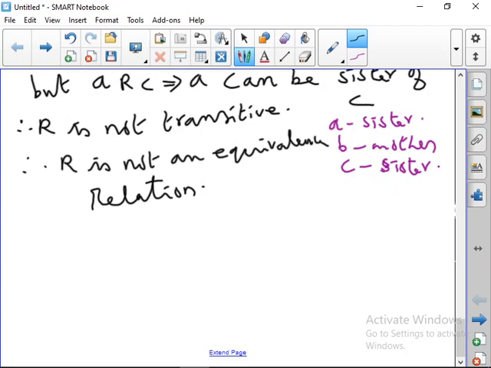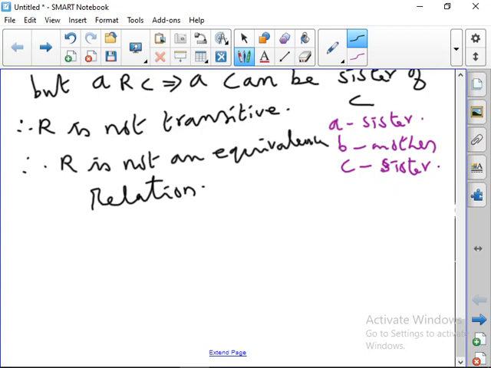Okay. Then coming to the fourth one, you can take it for homework. In the third one, they have given all the family members. In the fourth one, they have given all female members of the family. Okay, the relation is the same, only the set differs.